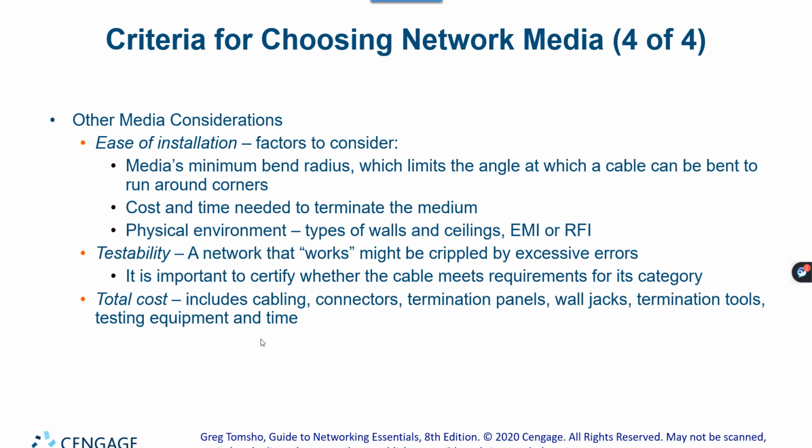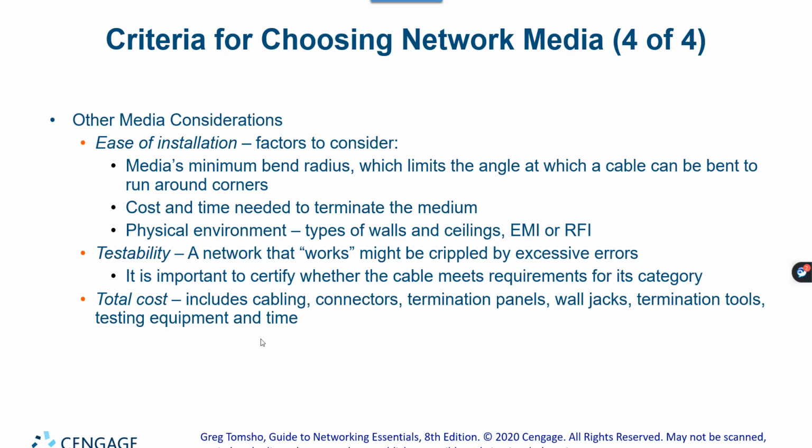with cabling is there's always a rating called the maximum bend radius. It limits the angle which the cable can be bent around a corner. Anytime you bend a cable around a corner, it stretches the medium inside. So if it's copper, it'll stretch the copper. With fiber, it'll actually break the glass or plastic that's in the cable. So you can't bend it completely in half. It'll ruin the cable. So we need to look at that. We need to look in the building